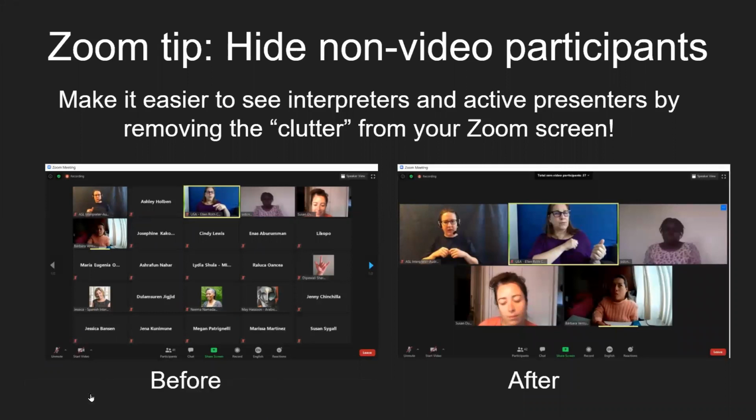So now I'm going to share how to do the hide non-video participants feature. To make it easier for you to see the interpreter and active presenters, you can remove the clutter from your Zoom screen. We have two images on the slides right now. The before image is of a Zoom meeting that shows a clutter of small boxes.